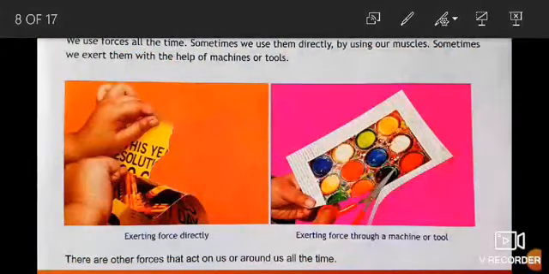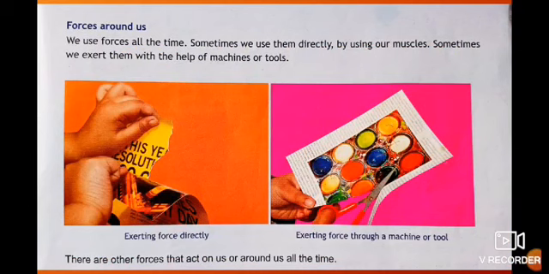Next, we use force all the time. We use forces all the time, forces around us. Sometimes we use them directly by using our muscles. Sometimes we exert them with the help of machines or tools.